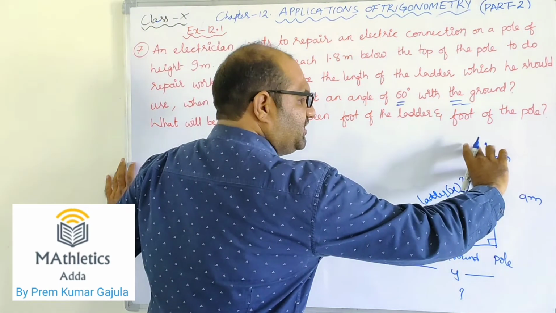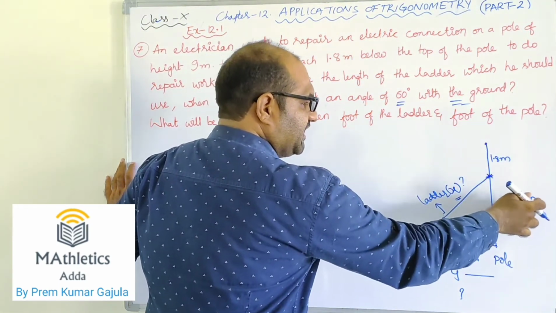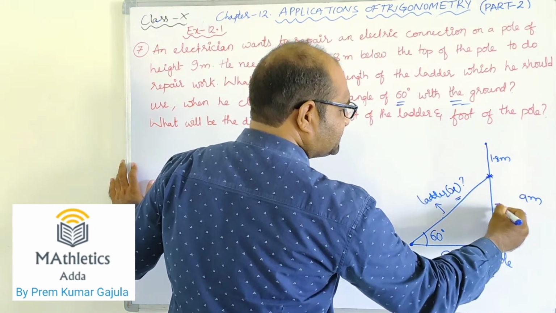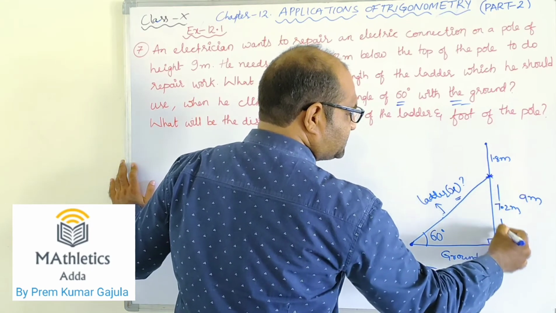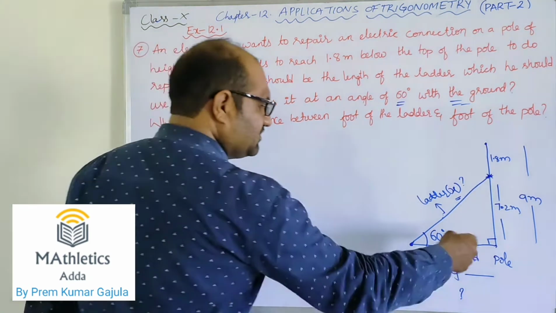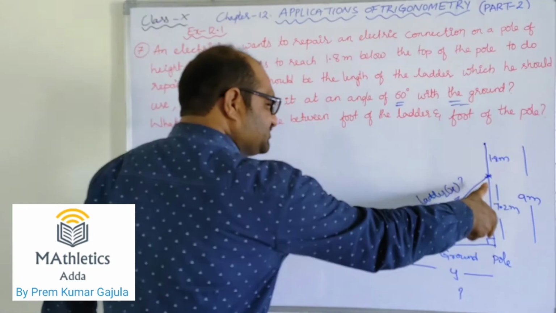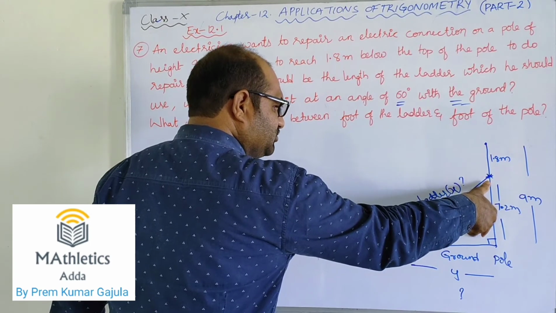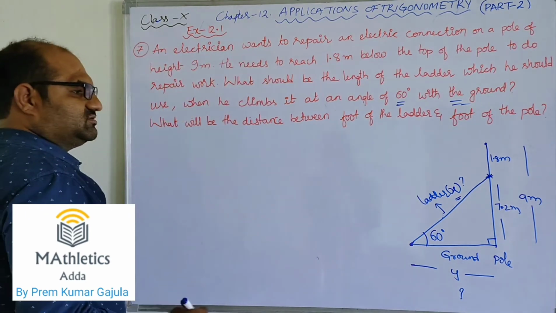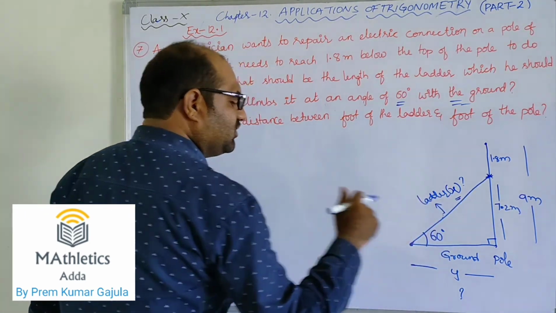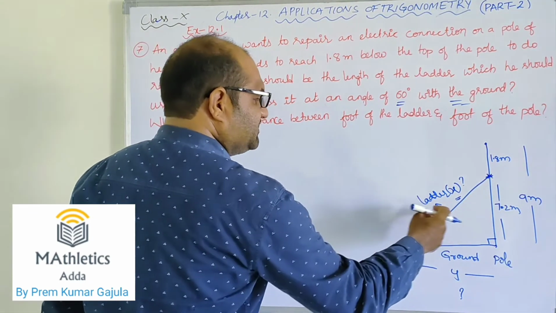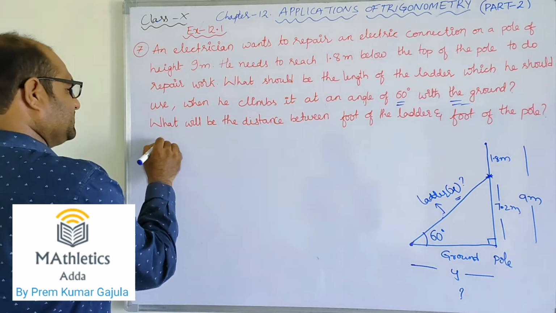Okay. So now we have got one right angle triangle. So if this is 1.8 and the total is 9 meter, then what about the remaining? 9 minus 1.8, what you will get? 7.2 meter. This 9 meter is the total length of the pole. So here this is the angle 60 degrees and the opposite side we have got as 7.2 meter, and this is hypotenuse and this is the adjacent side. To get hypotenuse, which ratio of trigonometry should we use? We can use opposite and hypotenuse combination, sine 60.